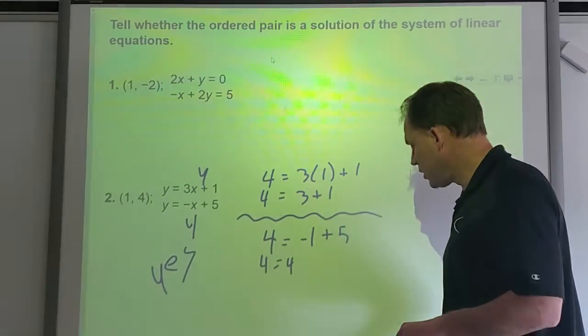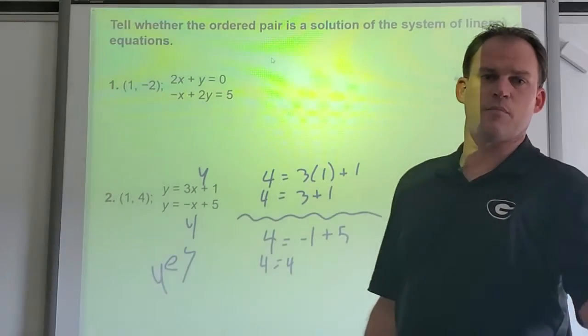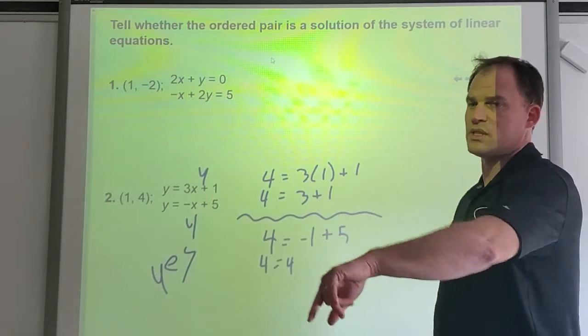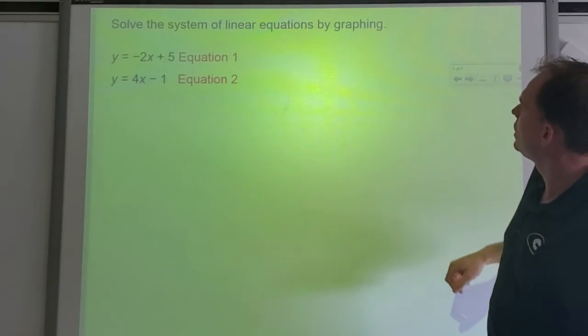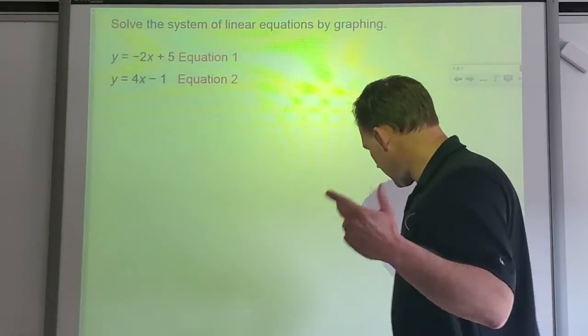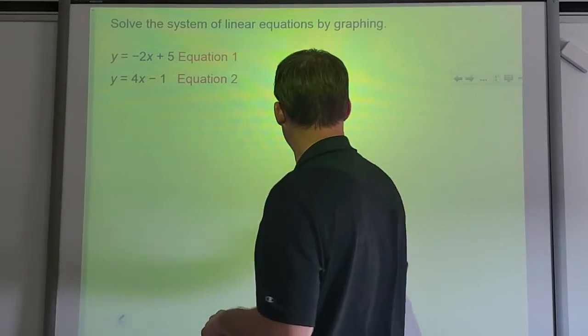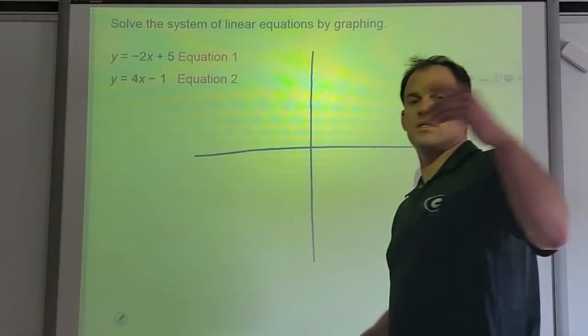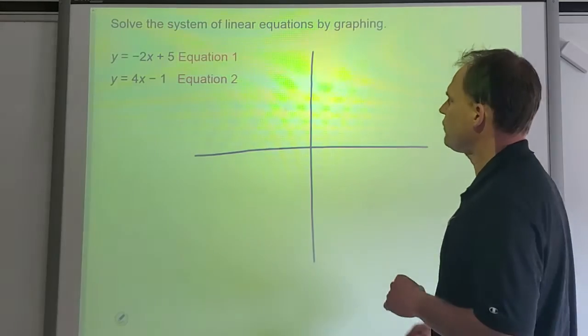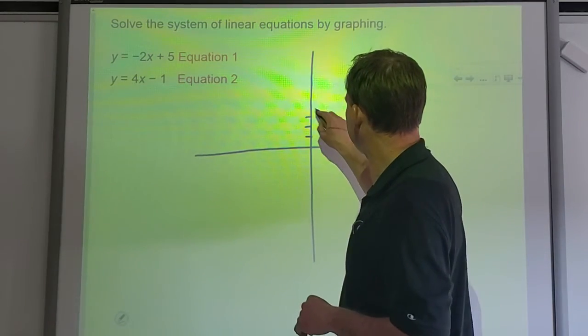All right, very good. So now we can check to see if a point I give you is a solution to a system. And the other thing that we're going to talk about is I'm going to give you a graph, and you're going to have to tell me the solution by looking at the graph. So I'll give you a graph. So this first one here,